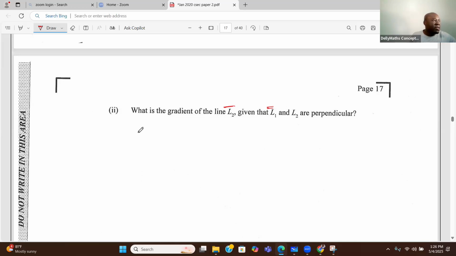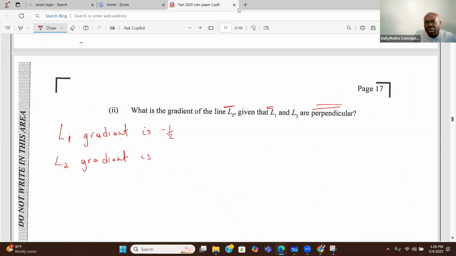Remember the idea that when two lines are perpendicular, one gradient is the negative reciprocal of the other. So the L1 gradient is going to help you to find L2 because they are perpendicular. So the L1 gradient is negative 1/2. It means the L2 gradient